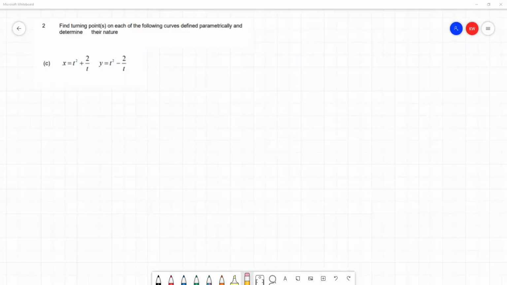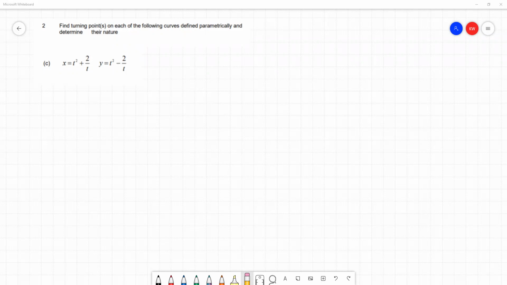This is from worksheet 6 from Learning Outcome 1 of Engineering Mathematics 3. This is a worksheet looking at second order parametric differentiation. In question 2c, we're asked to find the turning point of the